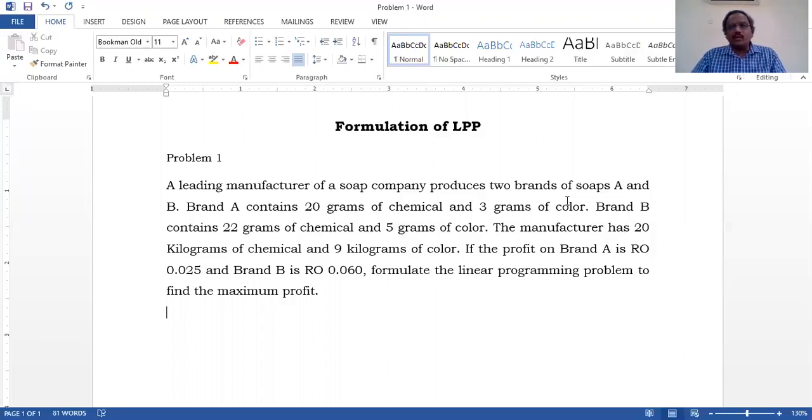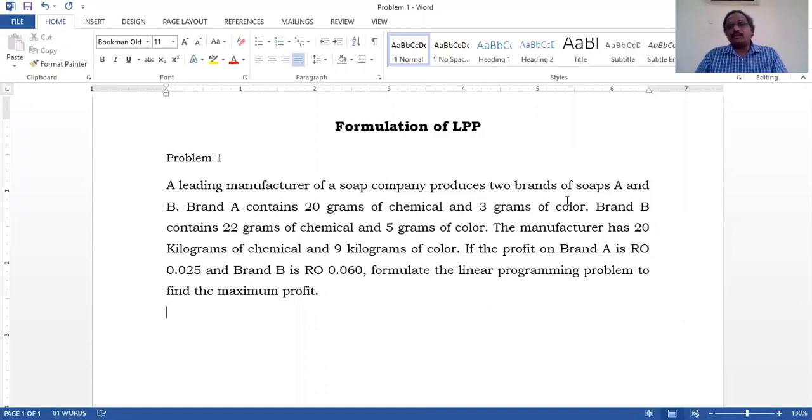In step 4, we are going to form the constraints, converting them into inequalities or equalities based on the available resources. And in step 5, we are going to find the objective function. So the first and foremost idea, I have to check what is the objective, and then we are going to move further. Here we are having a sample problem.